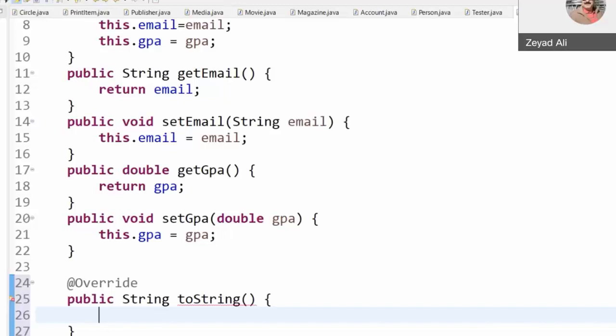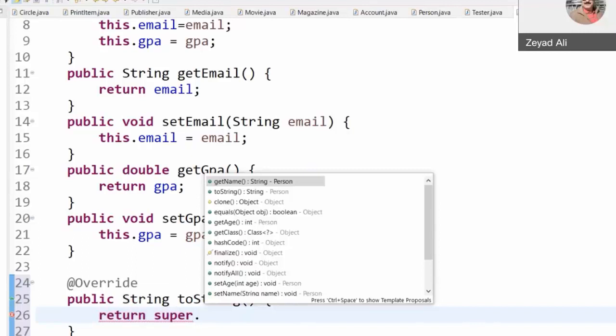Good. So in this case, we would say return super. Super in a subclass means you are referring to something in the superclass, not in this class.